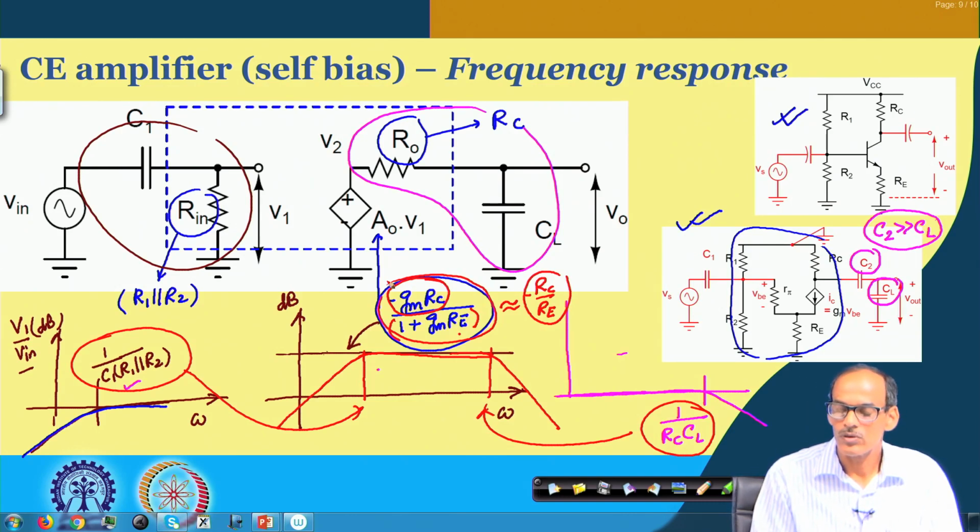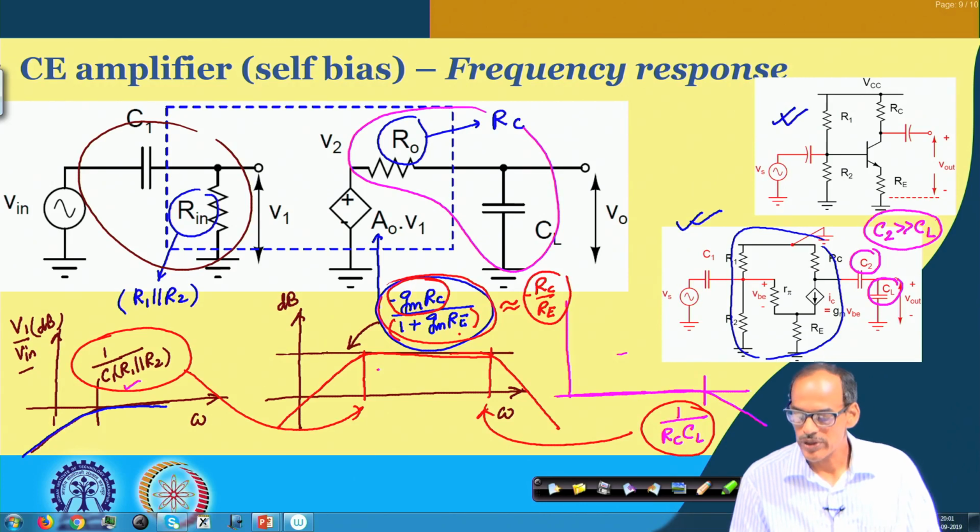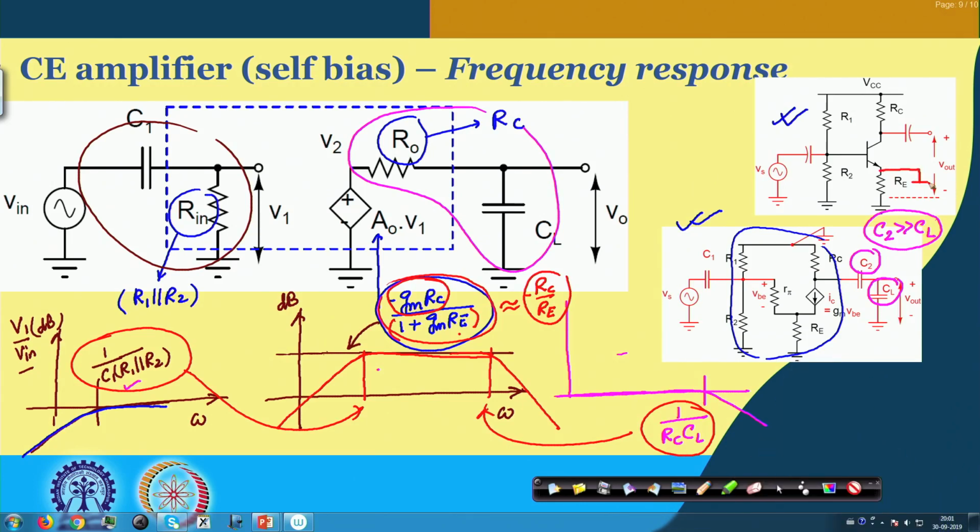And then, to get back the gain, we have suggested to use a bypass capacitor called CE to bypass this Re,